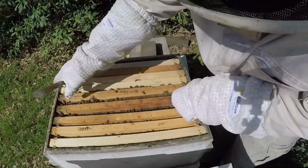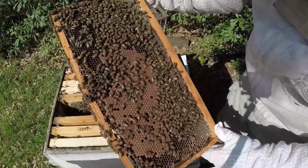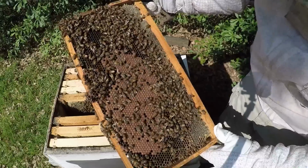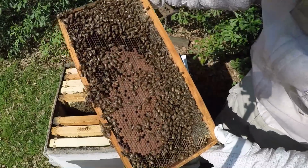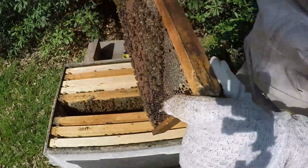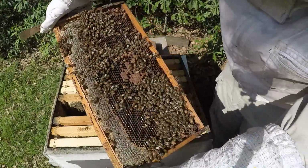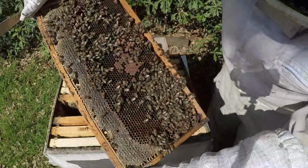Good brood, rainbow honey over the top. There's nothing wrong with this nest at all. It's actually configured well for winter, although we have a whole dearth in summer to go through. There you go. So let's put her back together. Don't want to harm a queen this time of year. See, they're backfilling that full of nectar,